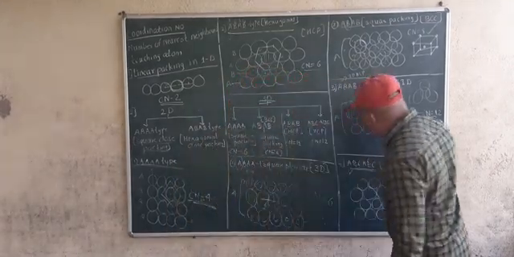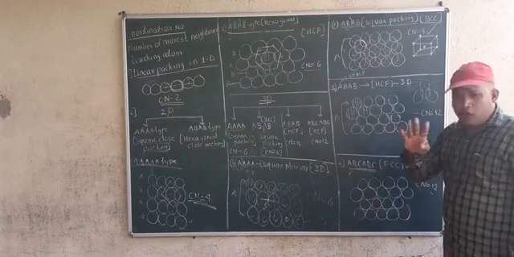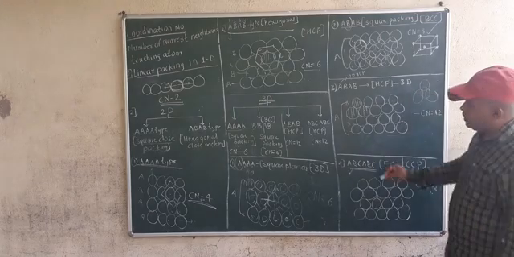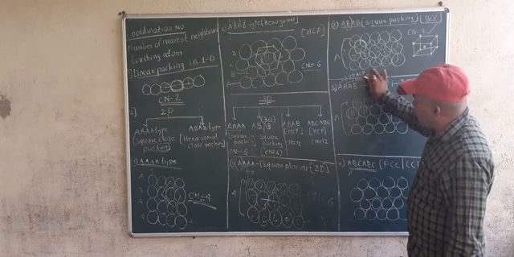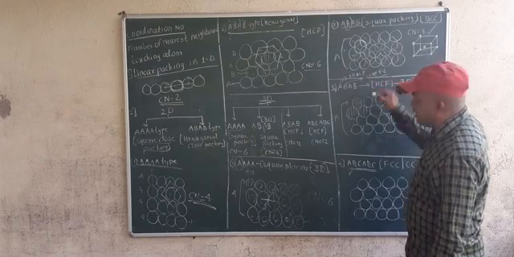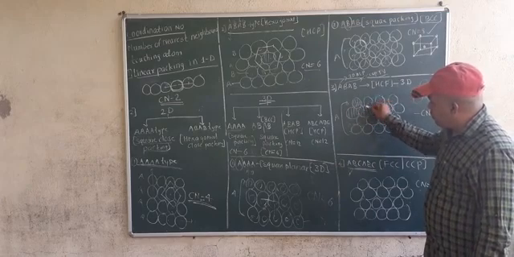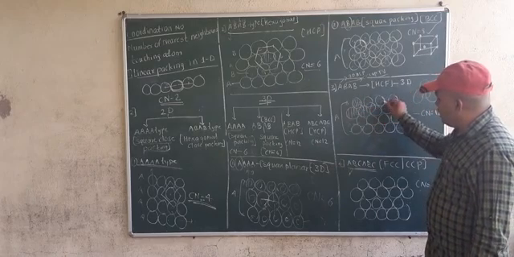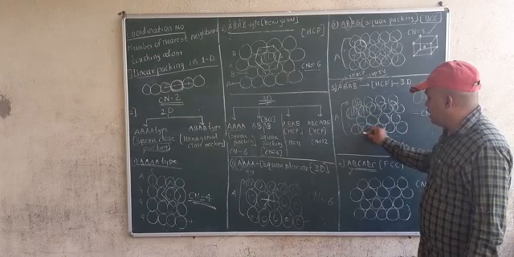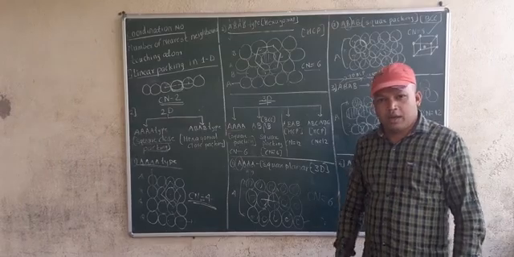Now you see 1, 2, 3 circles, and you just imagine one more circle is at the back. So total how many circles will be there? 4 circles. 1, 2, 3, 4 circles. So this is the B layer. B layer, what we need to do? You need to occupy all tetrahedral voids. I am writing TV, tetrahedral void. Means here, 1, 2, 3 here. 1, 2, 3 here. Then 1, 2, 3, yes. You need to occupy all tetrahedral voids.